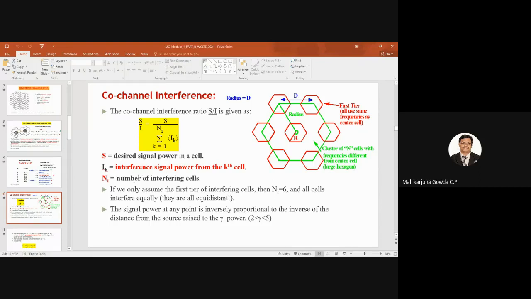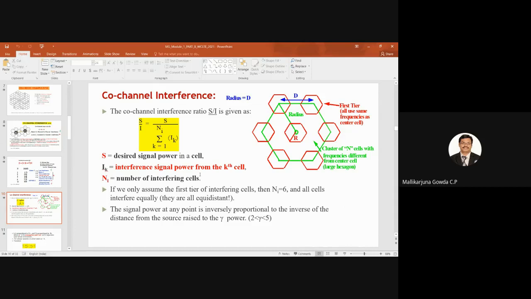So how do I know how many cells will be interfering? We'll see. This is the definition of signal to interference ratio, which we express mathematically. S by I is equal to S divided by the summation K equal to 1 to Ni of Ik, where S is the desired signal power in a cell. What is the value of this Ni? Ni is the number of interfering cells. To understand how many interfering cells there will be in the first tier, second tier, third tier and so on,